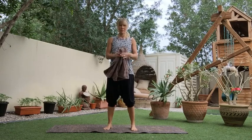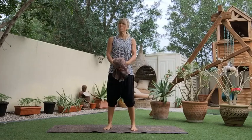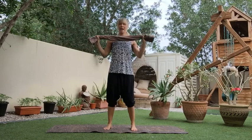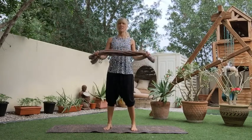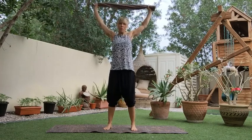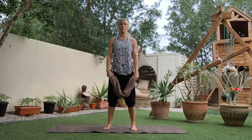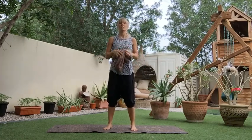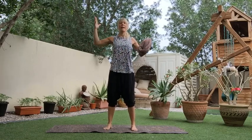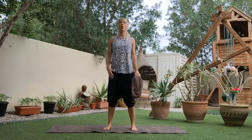Welcome to Pilates. This is the second Pilates that I've recorded, apart from the little booty blast that we did as well. And this Pilates class is going to incorporate a towel or a small blanket. Anything that you find that enables you to open up between the shoulders and to engage and to stretch the arms. Now, the reason we're going to use this in parts of the class is that I want you to feel that you are opening and expanding through the chest, because we're spending a lot of time at the